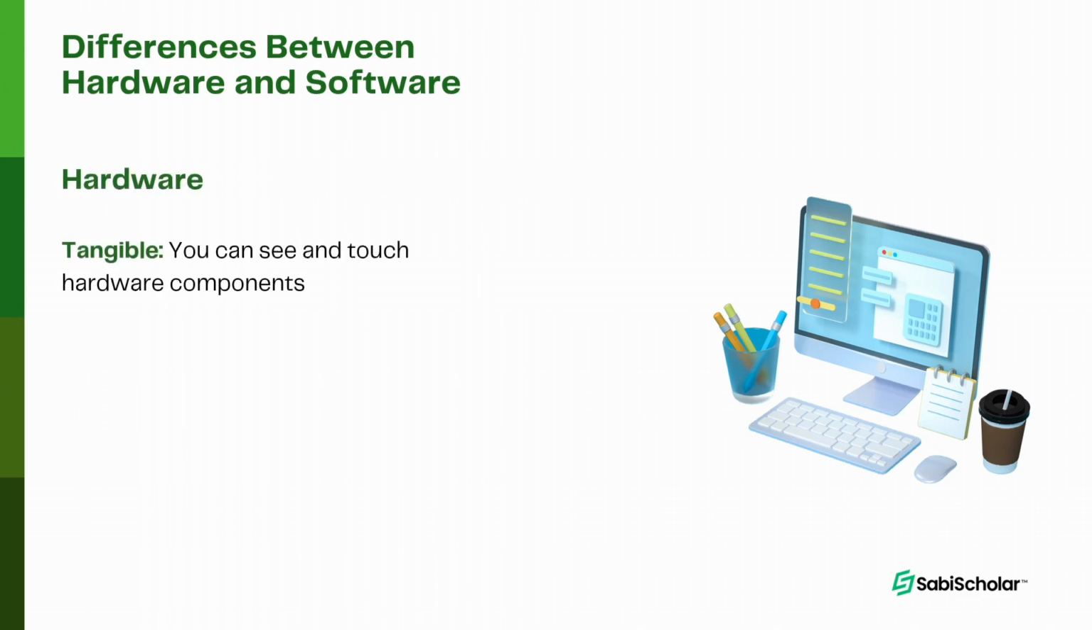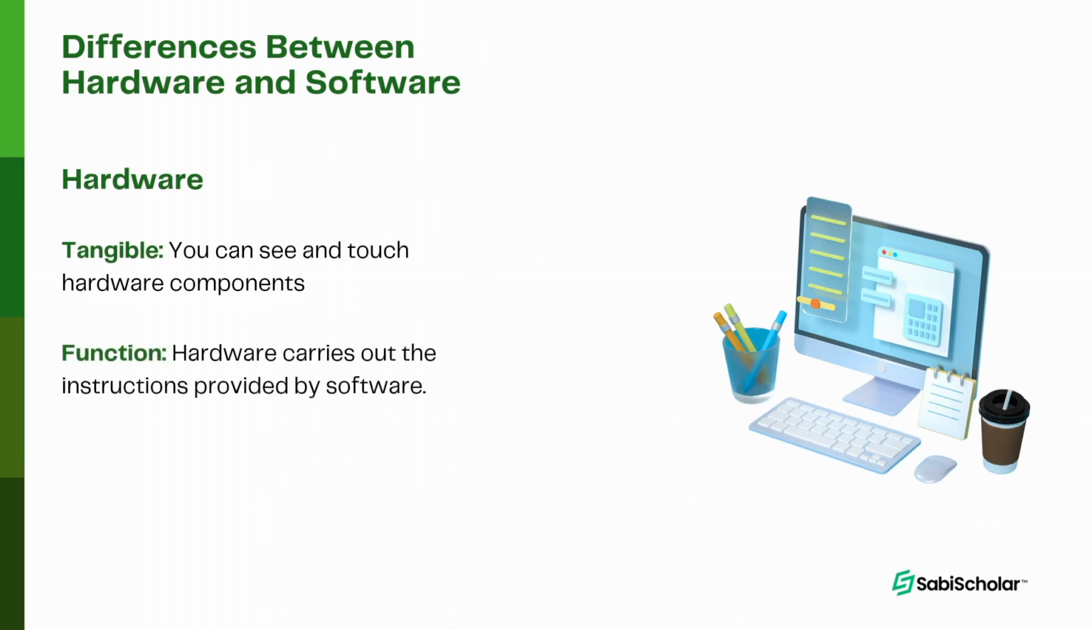Tangibility. Now, the hardware is tangible. You can see the hardware, you can touch the hardware. And we can also look at the functions. The hardware carries out the instructions provided by the computer. So it carries out the instructions provided by the software, actually, because the software is the one that keeps the instructions and makes the rules, and then the hardware only knows that it's supposed to follow the rules created by